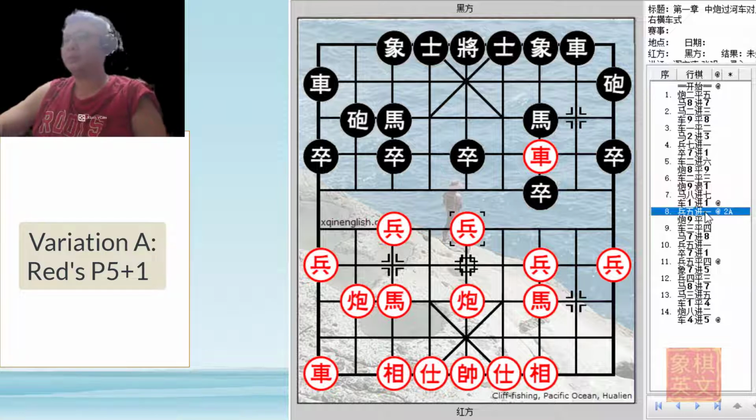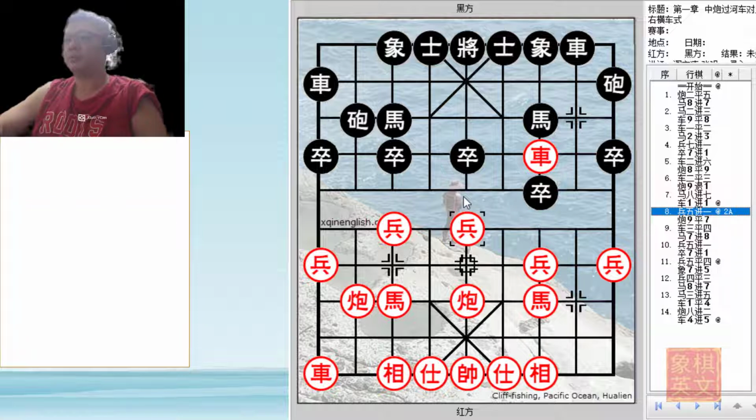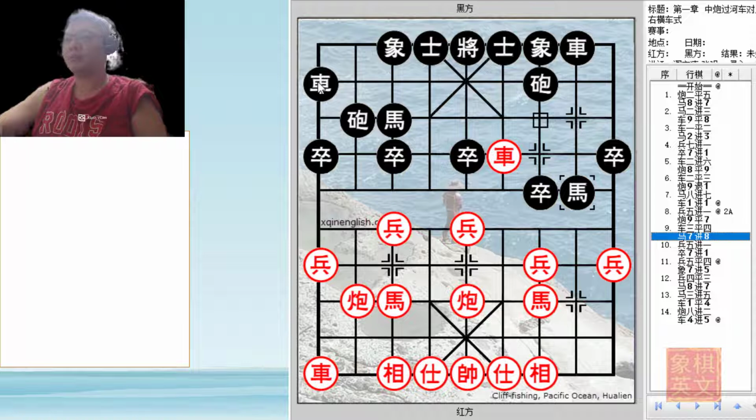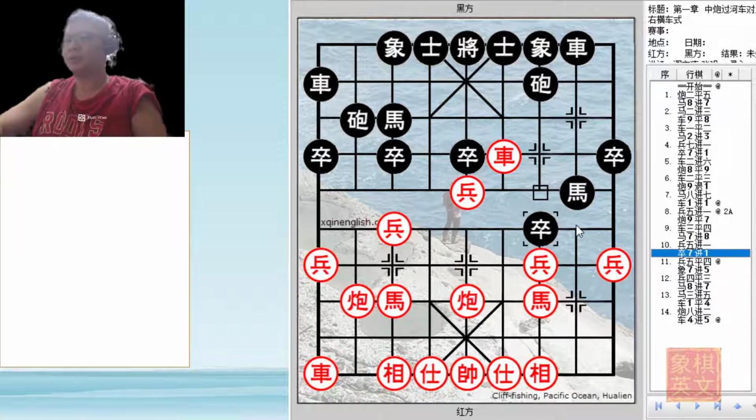In variation A, p5+1 is played, whereby Red will continue with his attack from the central file. Black dislodges the chariot, and Black immediately goes for h7+8, preparing to give up the central file. Now, because Black had moved the rank chariot, there will be no need to play a4+5 to link the cannons up, because the chariot will now be protecting the cannon. p5+1, p7+1. As can be seen, very early on, Black would attack very aggressively, even giving up his central file. And Red will usually play